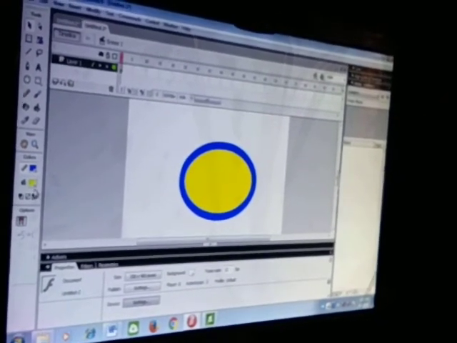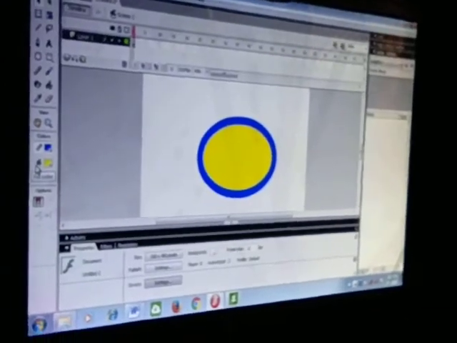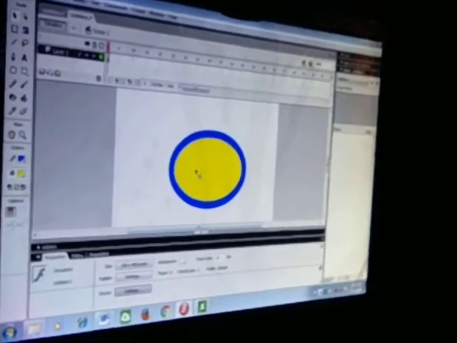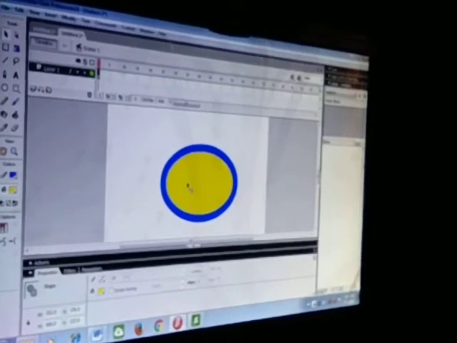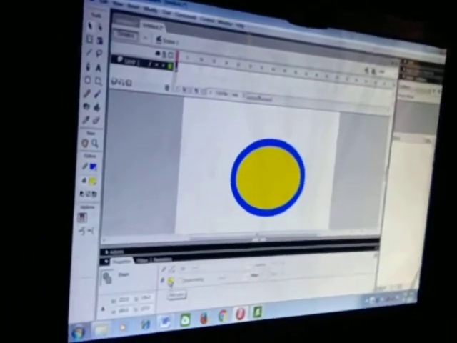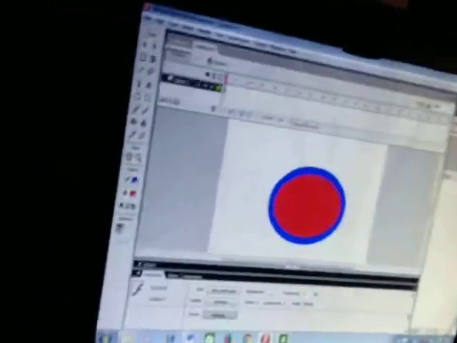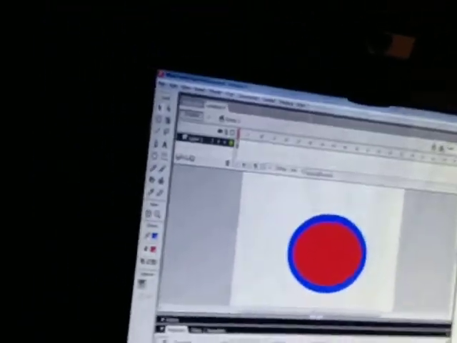Now the second one in the color section is known as a fill color. So this fill color is used to change the color of the inside of the figure. Now this one is known as a fill color. If I want to change this to red color, so you can see this has been changed to red color. So this is about the color section.